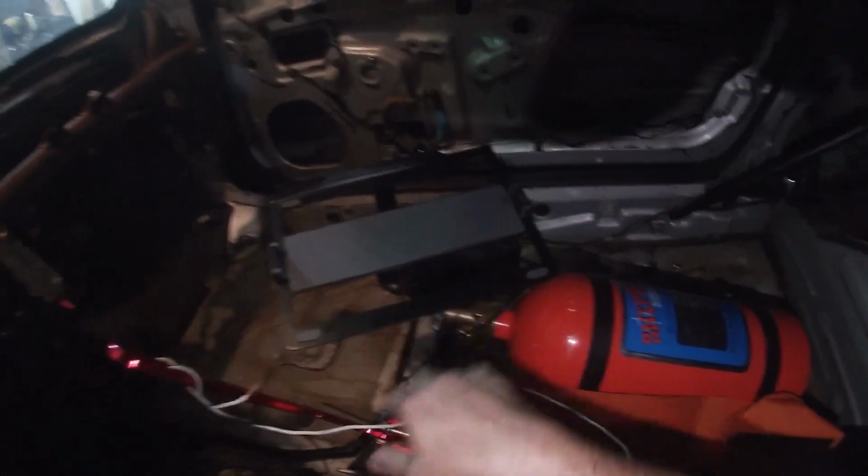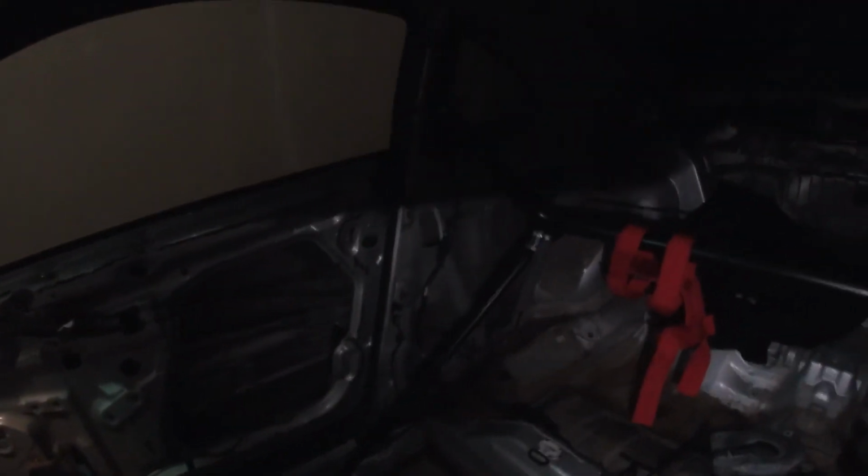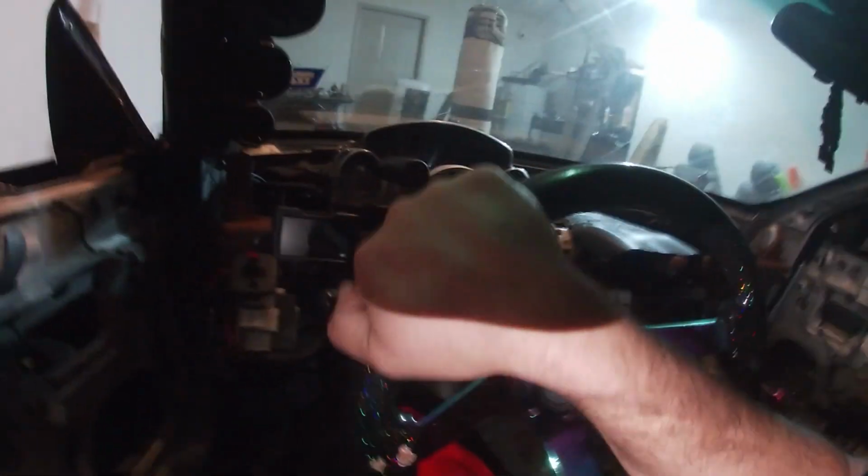I got my laptop stand here. I'm going to be ordering a new fire extinguisher because everybody kind of seen. I also put a new Wiseco 255. I forgot that I didn't actually have a Wiseco. I had an off-brand. So I guess I'll just go ahead and